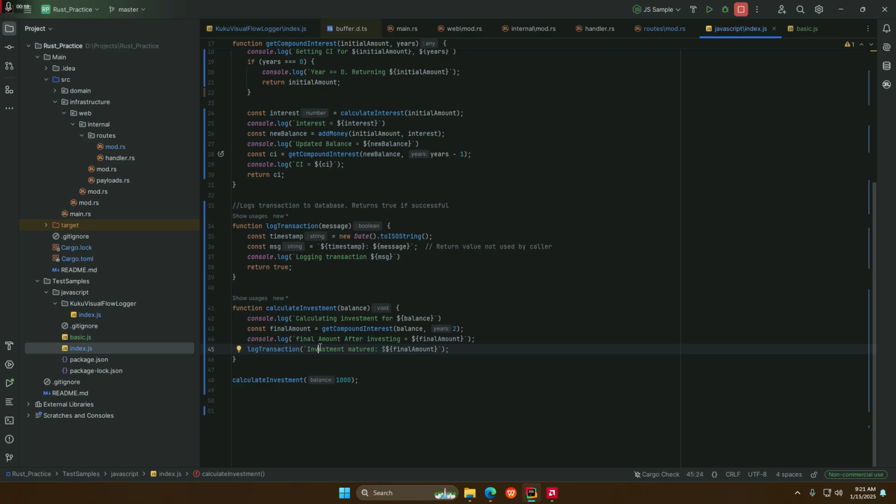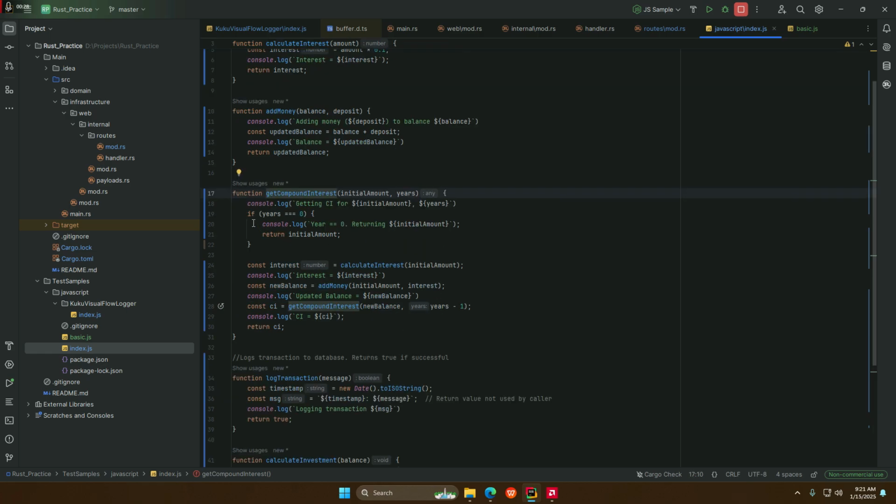So here we have a JavaScript code that's going to calculate the total amount of money you're going to have after investing 1000. So we call the get compound interest function, and then this is going to calculate the interest by calling the calculate interest function. It's then going to add the money or update the balance by calling the add money function,